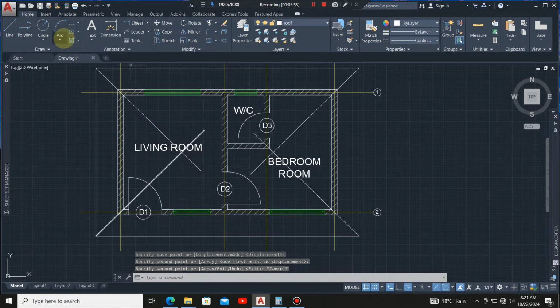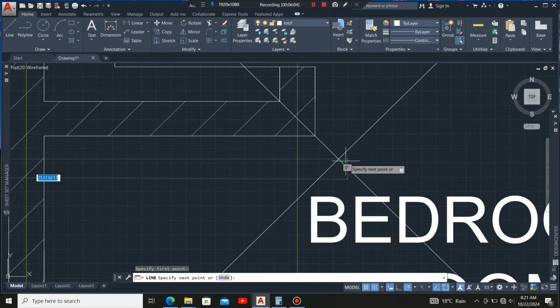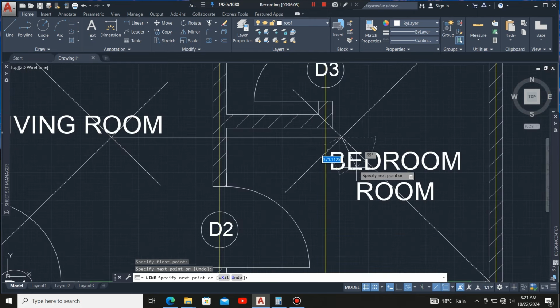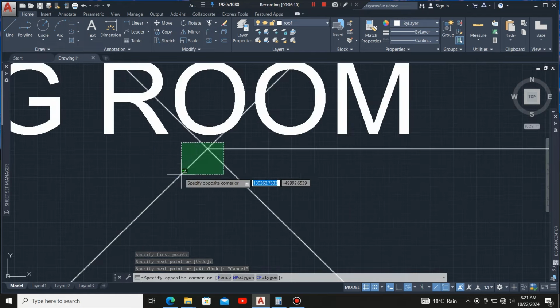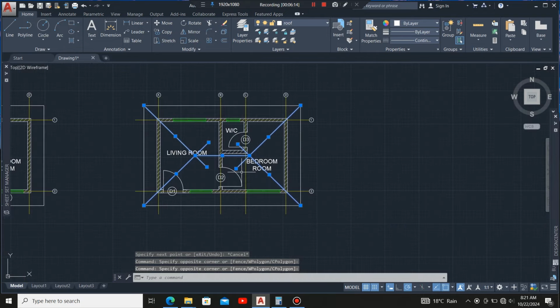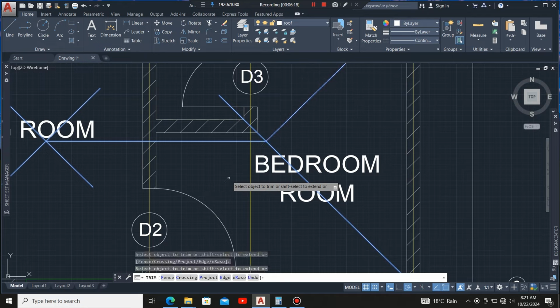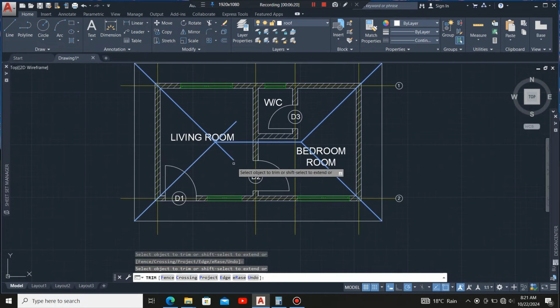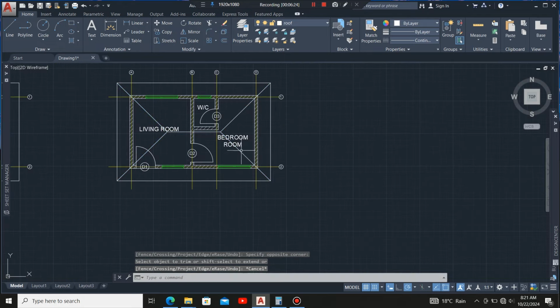Then I'll draw a line from this point of intersection up to that point. So you find that I'll highlight those lines, then click at the trim command, then I'll trim off these lines that are protruding out. So when you're done,